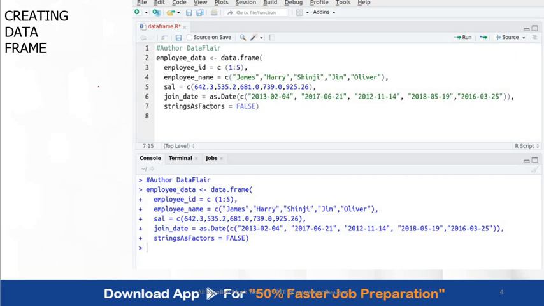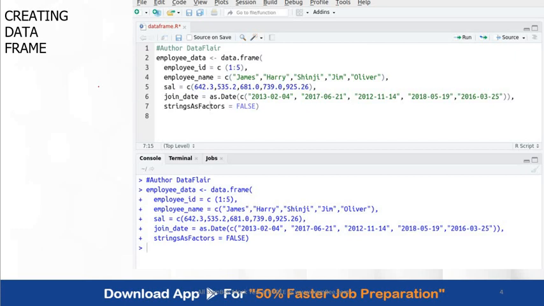So how many employees am I having? I'm having 5 employees, with the names James, Harry, Snizen, Jim, and Oliver. And corresponding to them, I'm putting the salaries. Then the joining date, I have to convert to the date type, so that I can do some date-related operations on it. And then I'm making my data frame like this. Once you run this kind of code, your data frame will get created. So this is how you create a data frame.